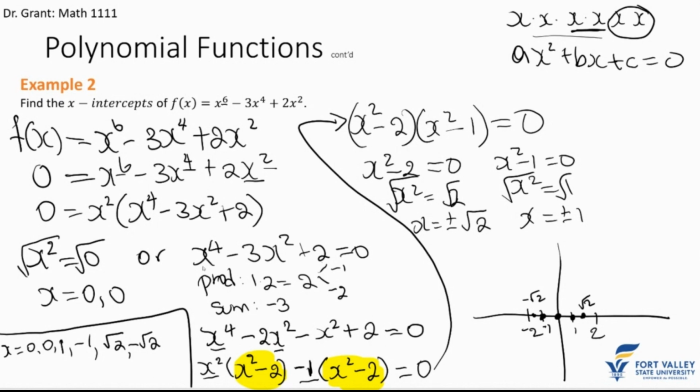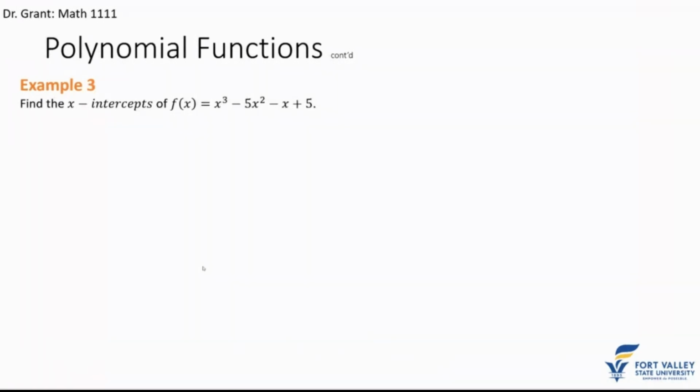Alrighty. So next, let's try another example. So here we have f of x equals x cubed minus 5x squared minus x plus 5. In this problem, we see that we have 4 terms. So we could possibly do what we usually do anyways, which is factor by grouping. So what do I mean? We can group the first 2 terms together and then group the second 2 terms. So if I were to rewrite this,